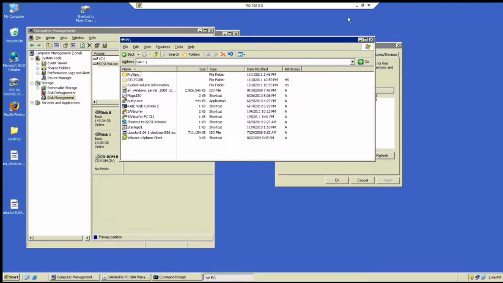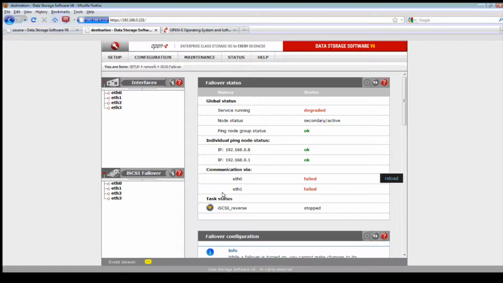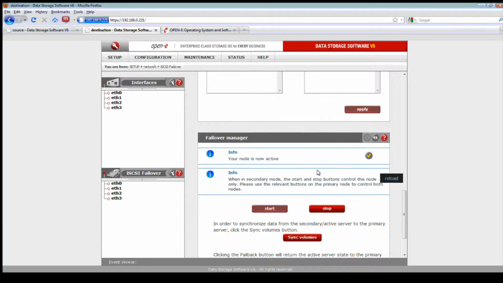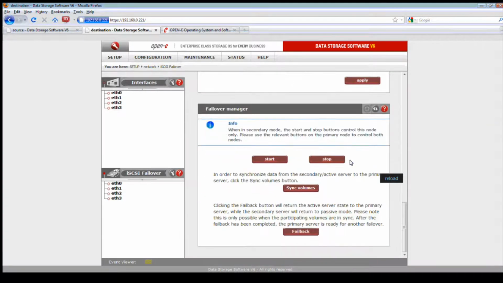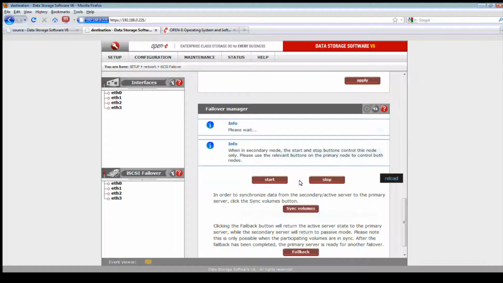And let's put some more data on there. Let's just get something, let's go use this. We'll just copy this full directory. All right, we've copied that directory there. So we're still accessing our data. If we look on this volume, it's right here. We don't have any outages. We'll continue to write. Now let's go ahead and fail back.